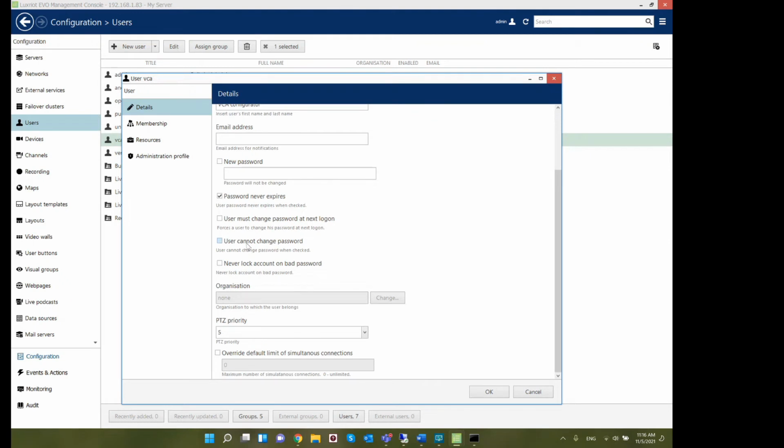So for each user account, you can override the setting and enable this never locked account and bad password. So if you know that Vera is really bad with remembering her passwords and she calls the support every day and says, please reset my password, then you can enable this setting for her. Otherwise, every user, if they